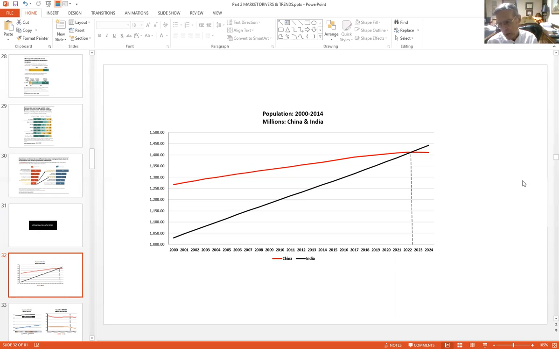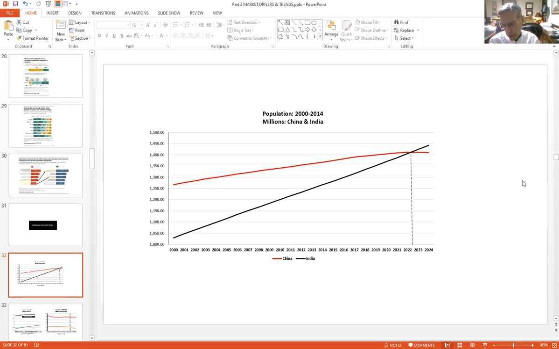Because of the one-child policy and attitudes in China, which I have observed firsthand. I've visited China, and there's no doubt about it. People in China would prefer not to have large families. Until recently, there was a law, the one-child policy law, that forbade families in cities to have more than one